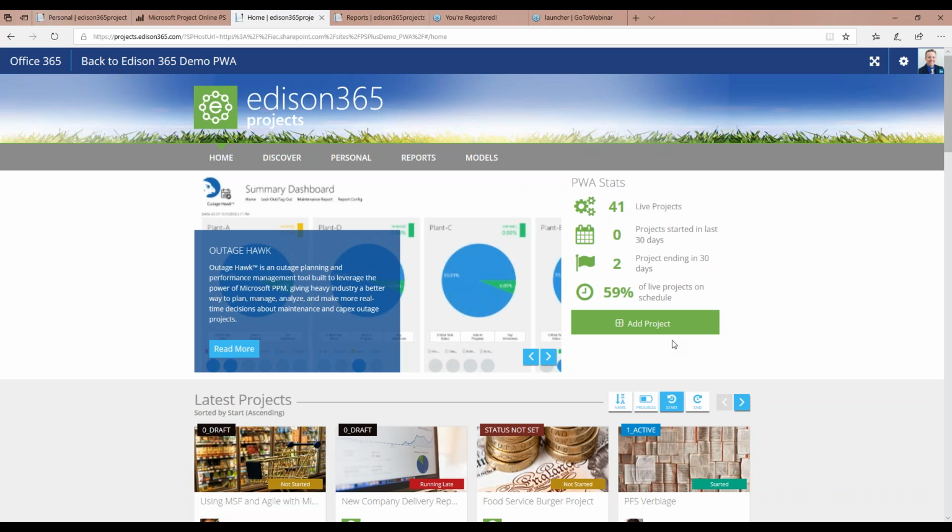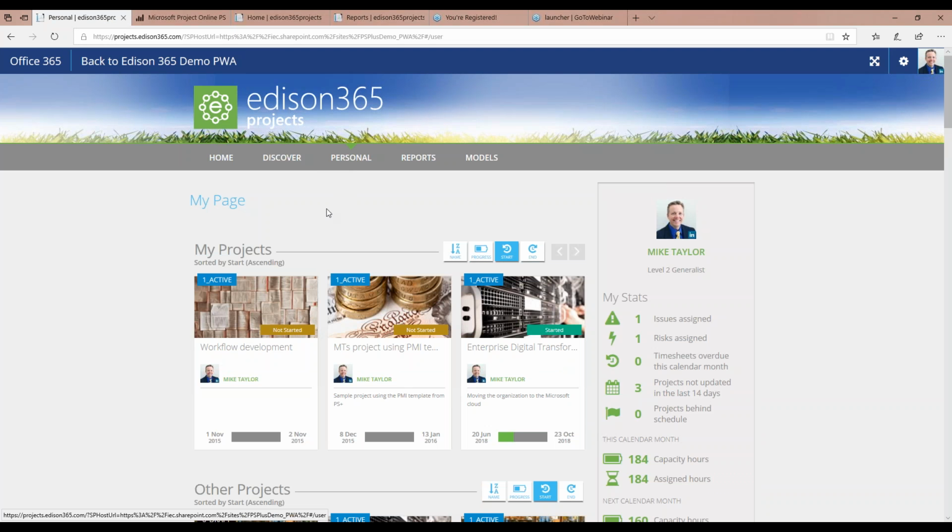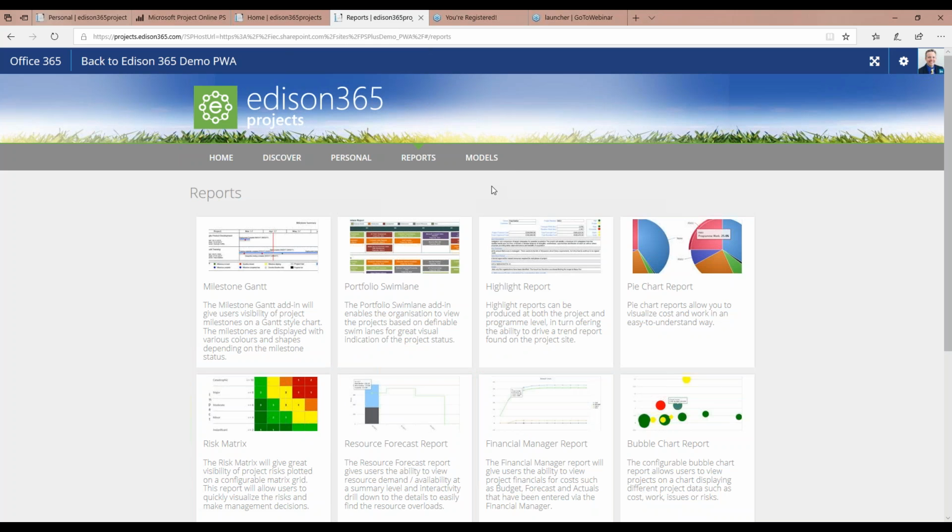This is the home. There's a My Page. You click on Personal, so this now surfaces all the information around me. So these are the projects that I would be concerned about or I'd be managing, and it gives you my statistics, which are a subset of the total piece there. And then there's all kinds of other stuff, but there's a lot of built-in reports, reporting models, things like the